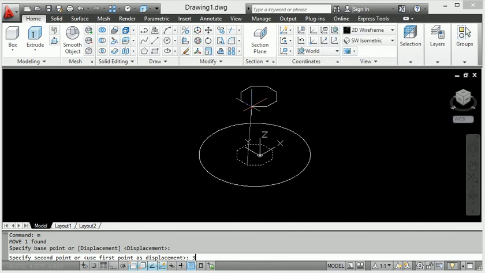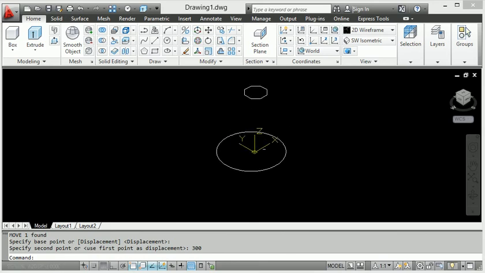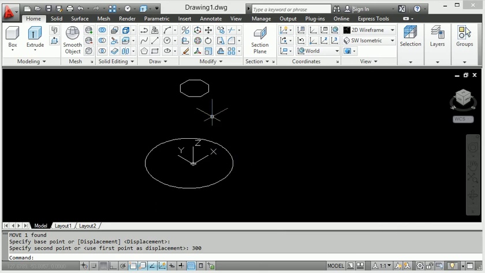The distance between the circle and the octagonal is 300. So let's put down 300. Here you can see that this circle and this polygon are 300 apart, and this shows the isometric view.